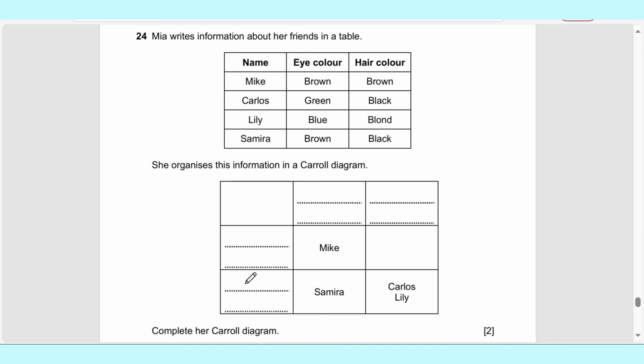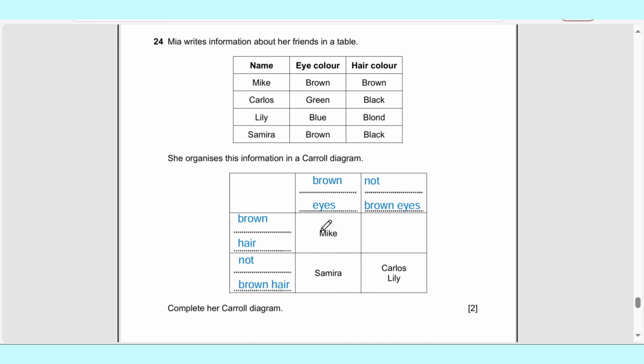If you need some more time, please pause this video. Let's check out the answer. Here only Mike and Samira are given. So this is brown eyes, not brown eyes, brown hair, not brown hair. How does it work? We see Mike and Samira both have a similarity: they both have brown eye color, so we put this in the brown eyes column. Now